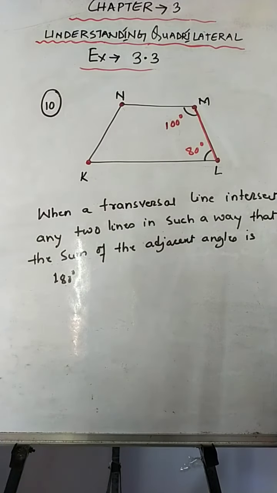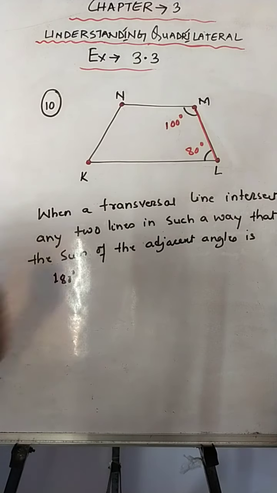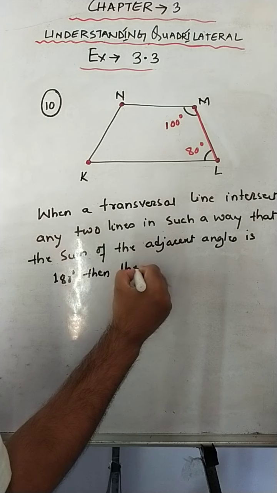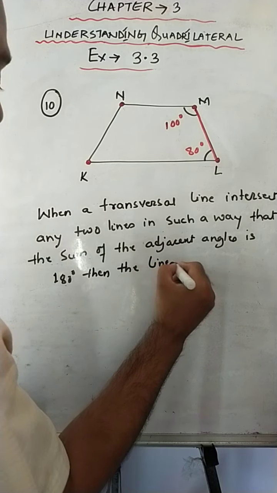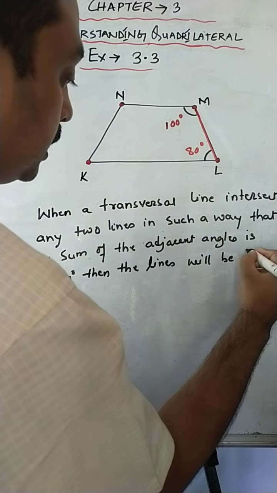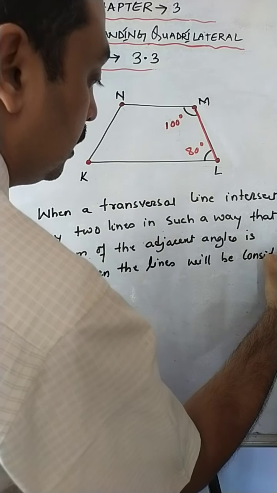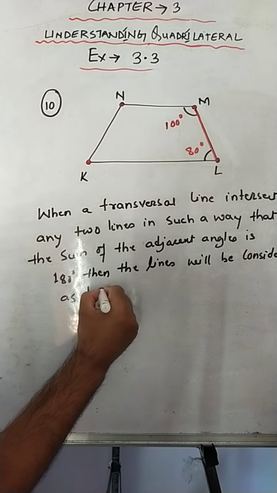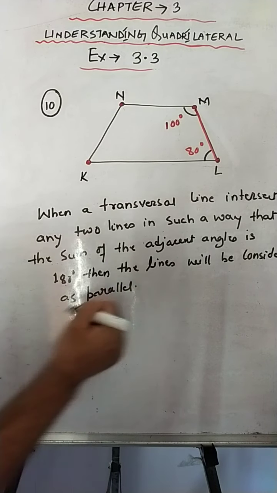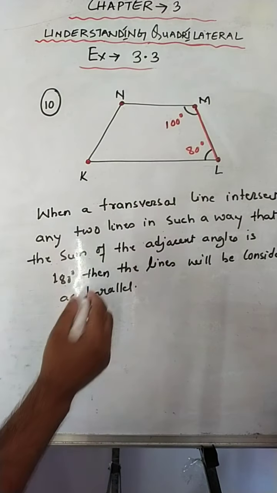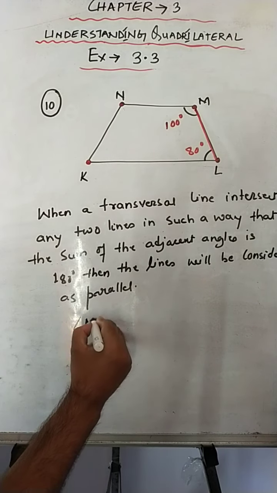Okay, if the sum of the adjacent angles is 180 degree, then the lines will be considered as parallel. Okay, so based on this logic, now we'll find the sum of these two angles, that is angle M